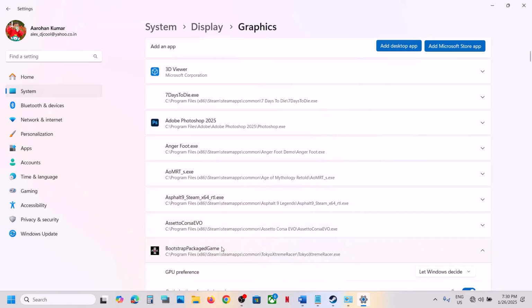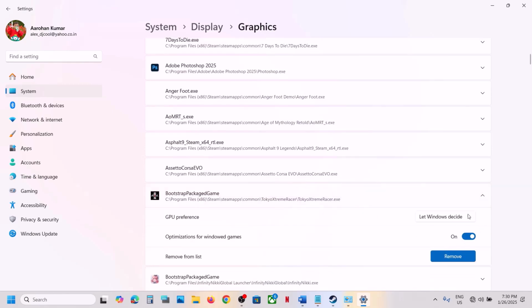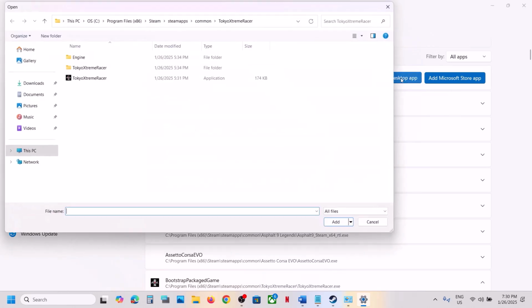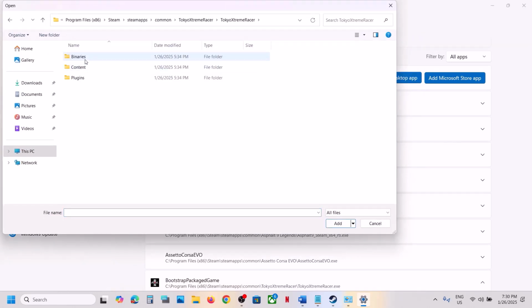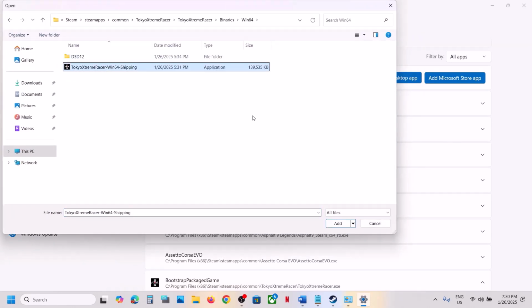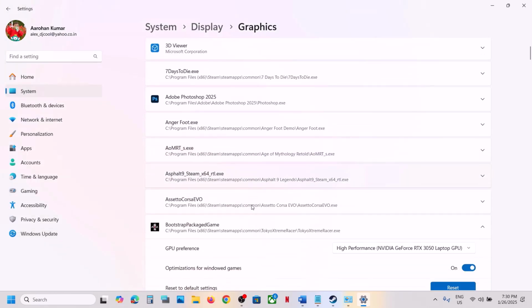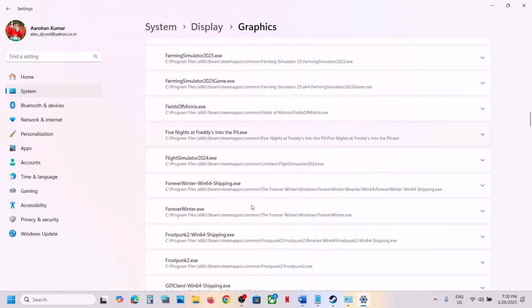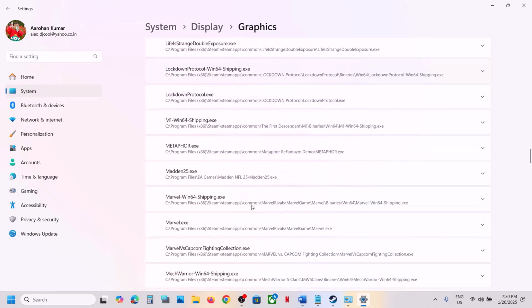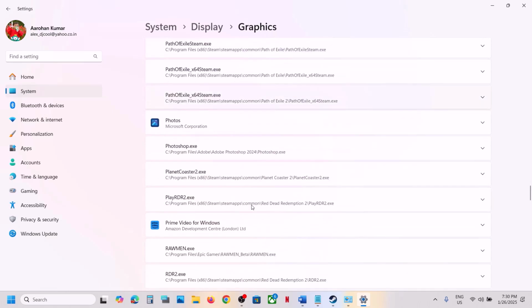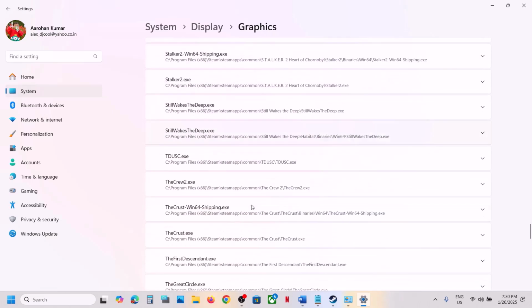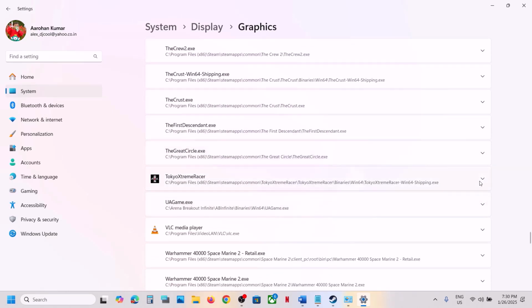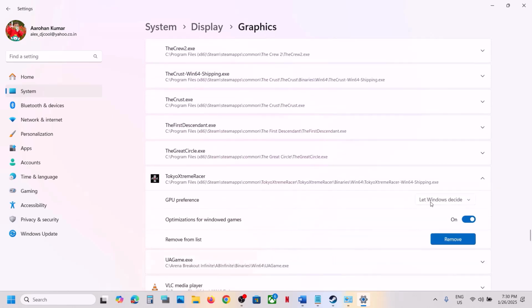So once you find the game, click on this down arrow and select over here GPU preference, high performance. Again, click on add desktop app and then open this Tokyo Extreme Racer Binaries Win64. Select this exe file and then click on add. Now scroll down and find the game in the list. Now once you find the game, click on this down arrow and select high performance NVIDIA processor over here and